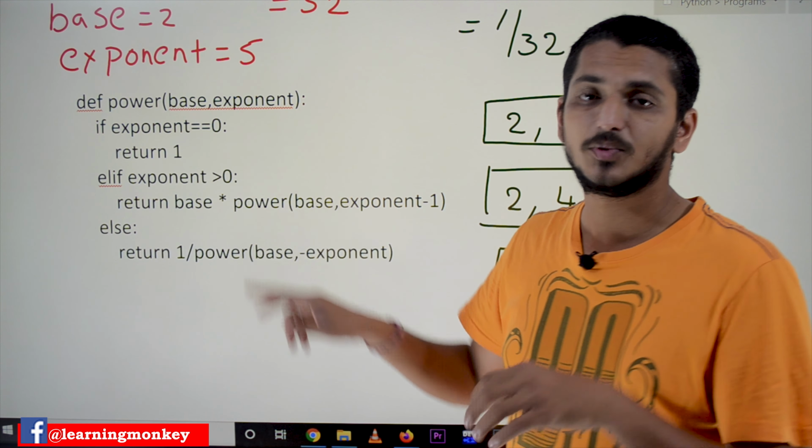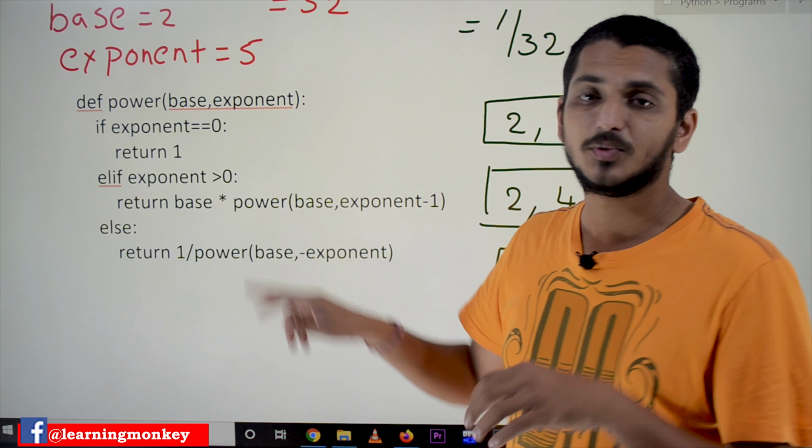So what is this function doing? Again 4 is greater than 0, again it is calling 2 into, again calling a new function. So in order to return the value, this function has to be completed. This function has to return some value here, 2 into something, and that value will be returned to this function. This is how the return statement will work in recursive functions. Very important to understand.